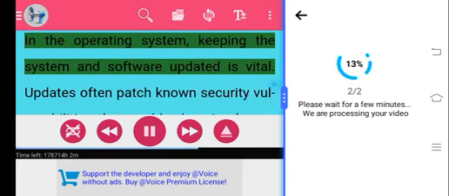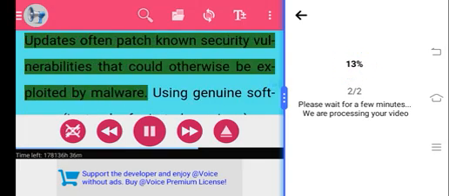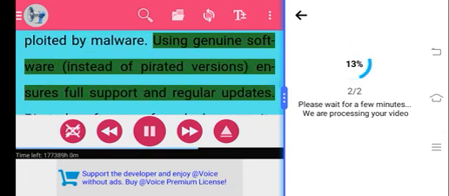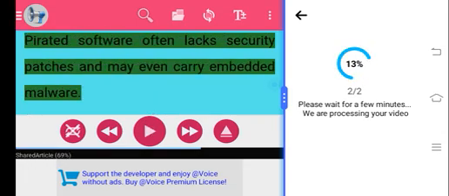In the operating system, keeping the system and software updated is vital. Updates often patch known security vulnerabilities that could otherwise be exploited by malware. Using genuine software instead of pirated versions ensures full support and regular updates. Pirated software often lacks security patches and may even carry